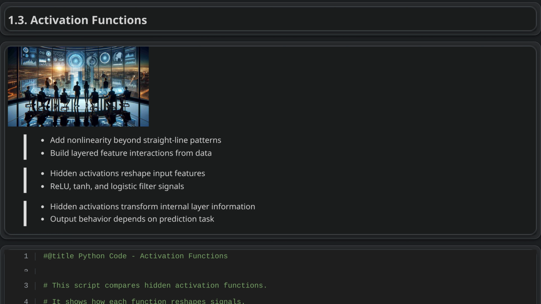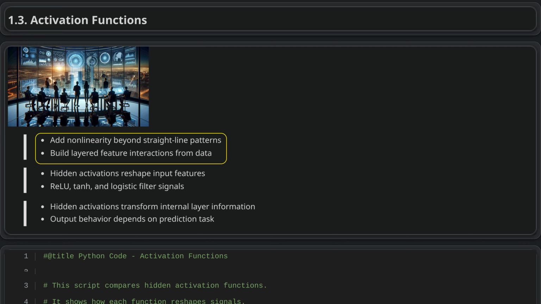Activation functions. Activation functions let neural networks learn patterns that are more complex than simple straight-line relationships. In a multi-layer perceptron, each neuron combines its inputs with weights and biases, then applies an activation function to add non-linearity. Without this step, extra layers would not make the model more powerful. This allows the network to capture interactions in data, such as how income and age together may affect a customer's